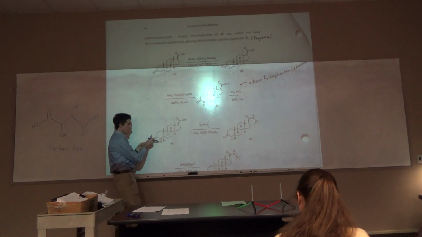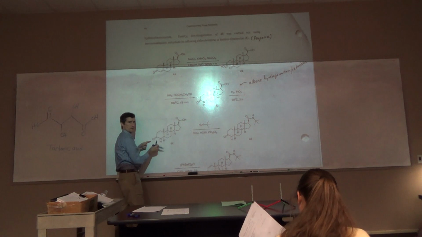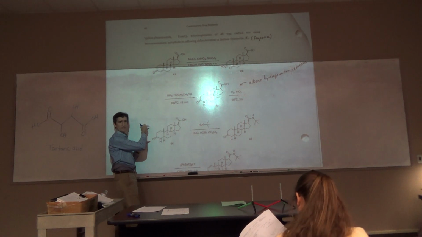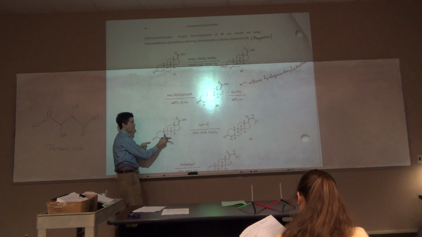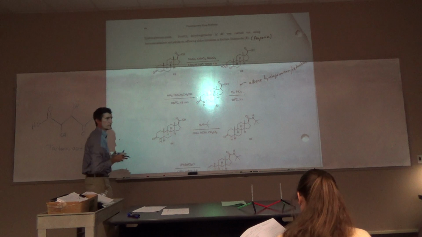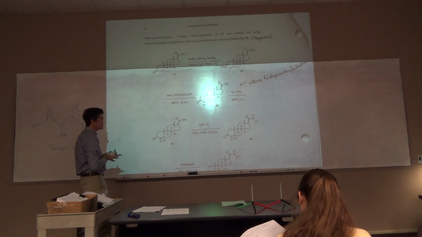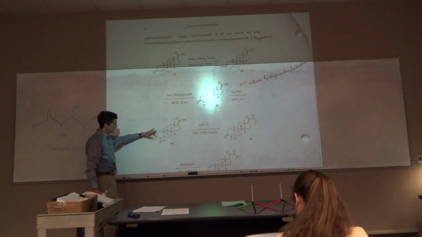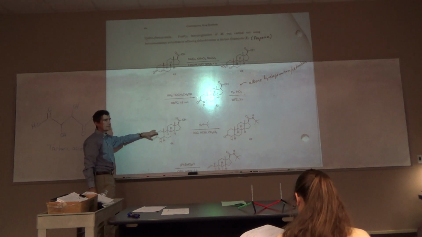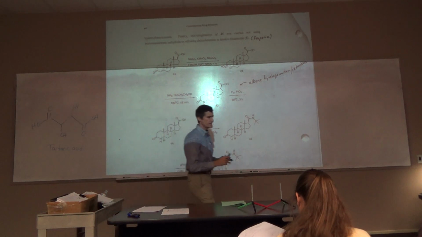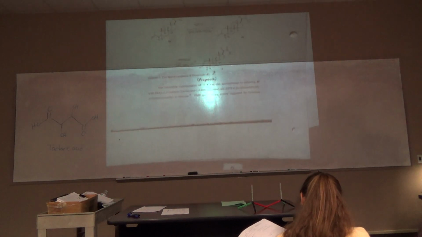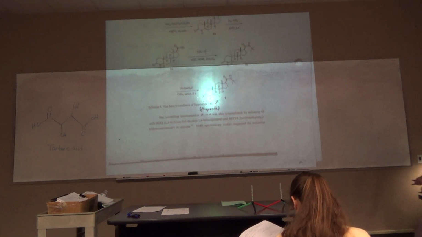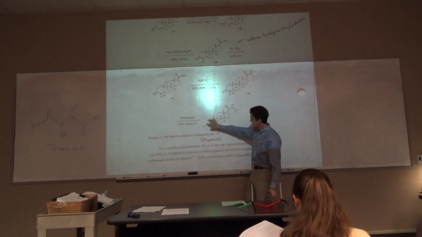Note that the carbon-oxygen double bonds are not hydrogenated. And we saw that in the fatty acids. The acid carbonyl was not hydrogenated. Only the carbon-carbon double bond is hydrogenated. Sometimes you can hydrogenate the CO double bond. It's much more difficult. Typically at this level, you're pretty much not going to see it, except if it's benzylic. You'll see that in organic too. So ultimately, to make this molecule here, Propecia,